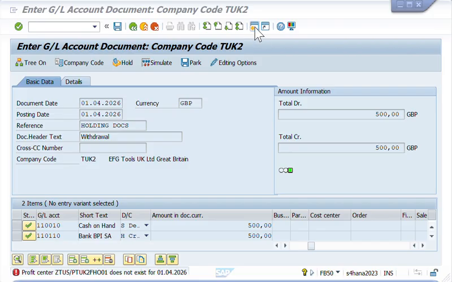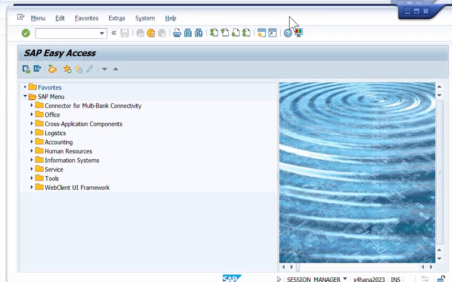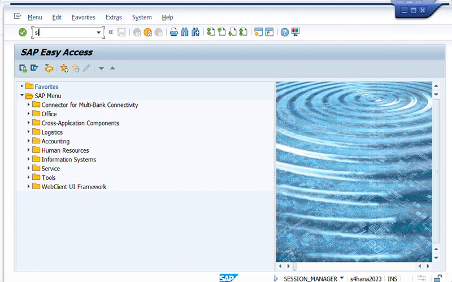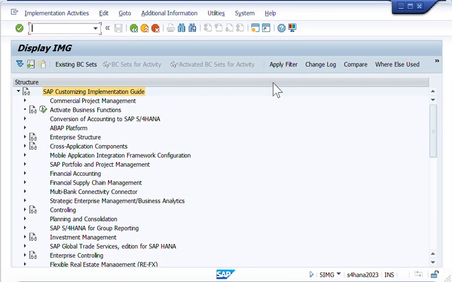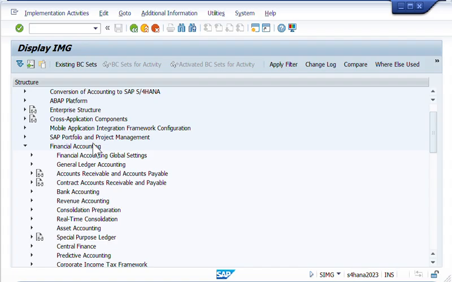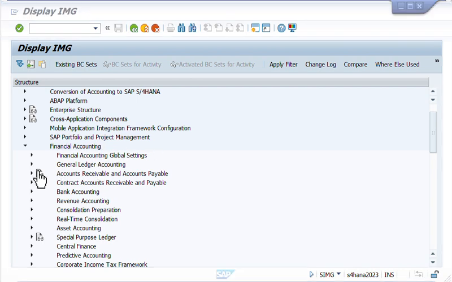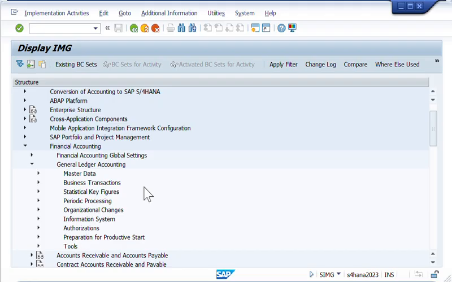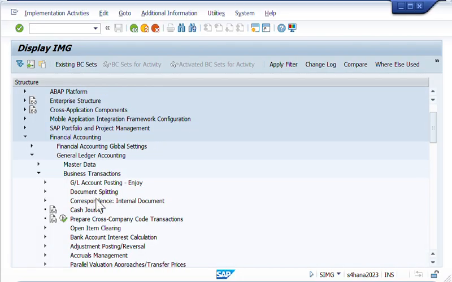Let's open a new window. Let's click this icon for new window. Let's go to SIMG or SPRO. And from here, we go to financial accounting. In financial accounting, we need to go to general ledger accounting. And from general ledger accounting node, let's go to business transactions. And in business transactions node, let's go to, no, in master data,